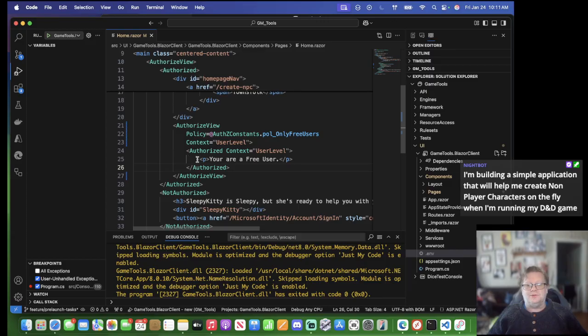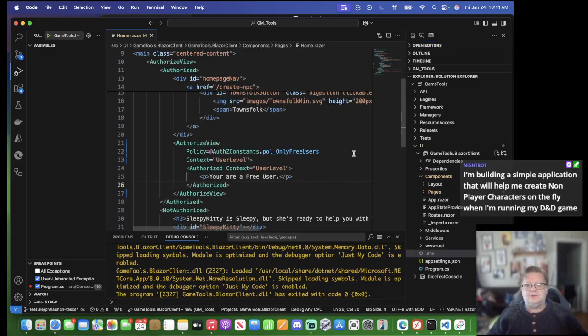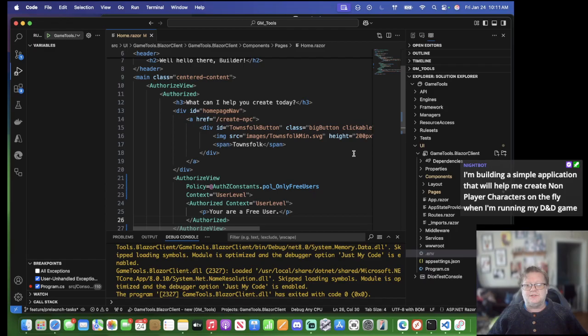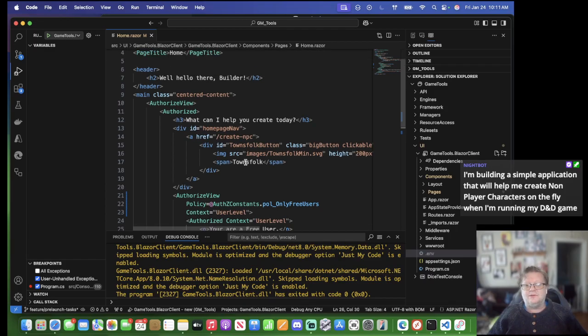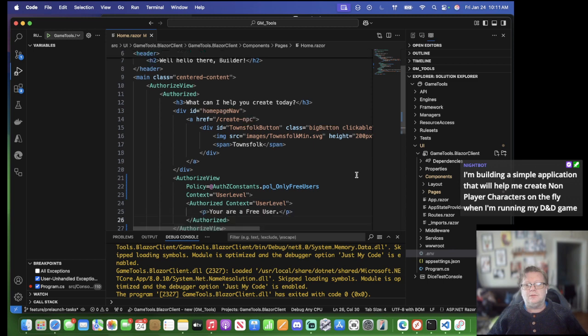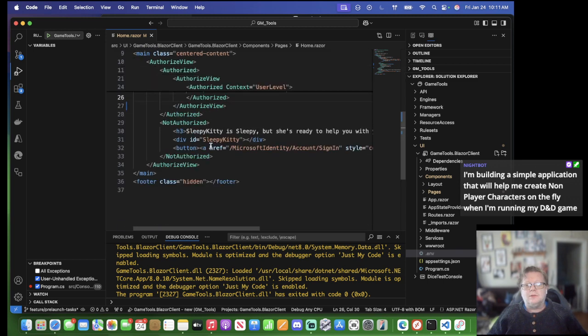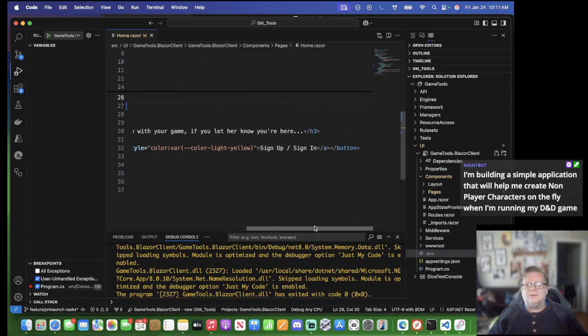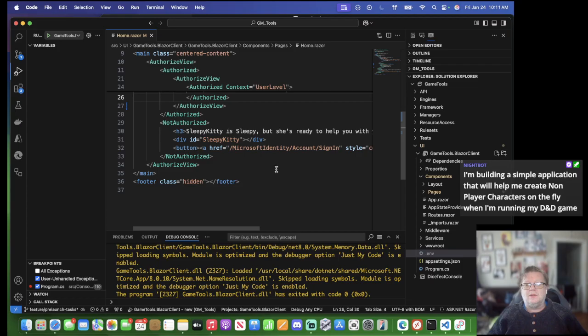You are a free user. I need to, instead of that stuff, okay, that's a big old button. This is a button. So I think what I actually want to do here is, rather than